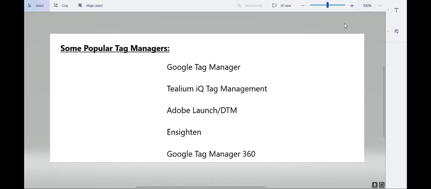So we've seen how a tag manager works. Now let's move on to some popular tag managers that are out there. Firstly, we have Google Tag Manager, which is the most widely used one, and that's why I also used that for our example earlier. And Google Tag Manager is a free tag manager, and since it is free, many companies